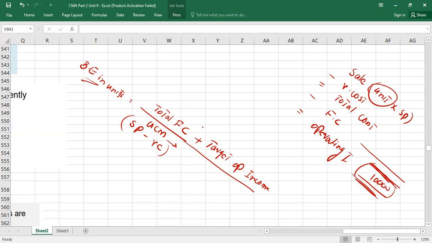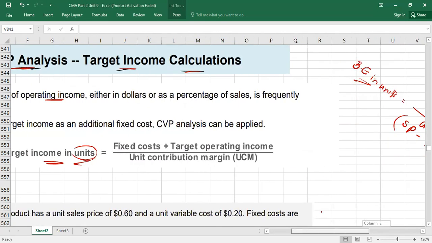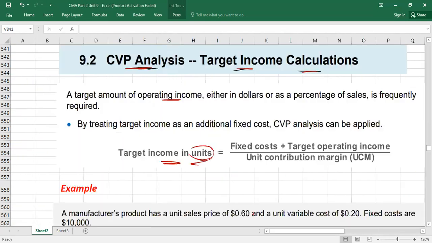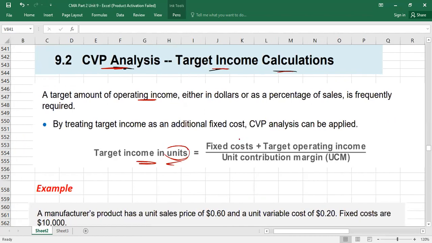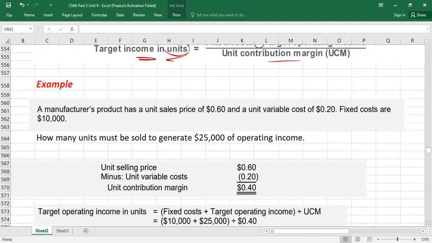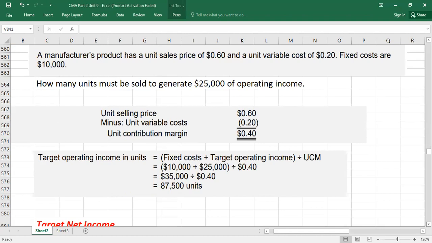Simply, we are going to apply this formula: fixed cost plus target operating income, divided by unit contribution margin. This will give you the number of units we need to sell to generate this much target operating income. We will prove it with examples. Here we have a very simple first example, then we will move case by case. A manufacturer's product has a unit sale price of $0.6